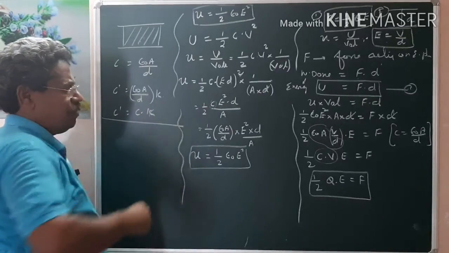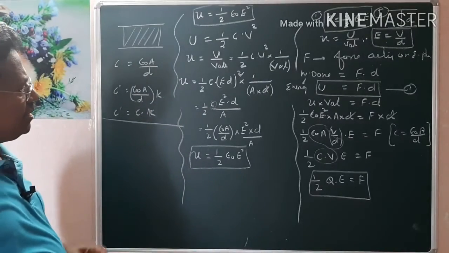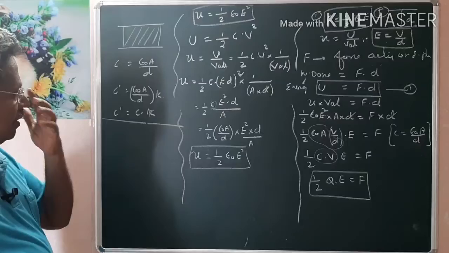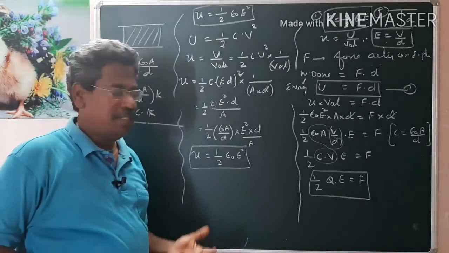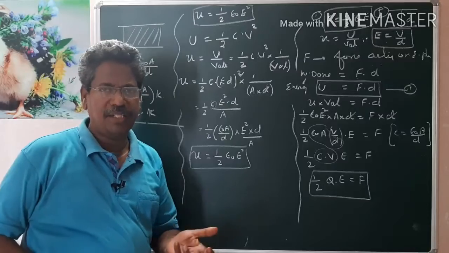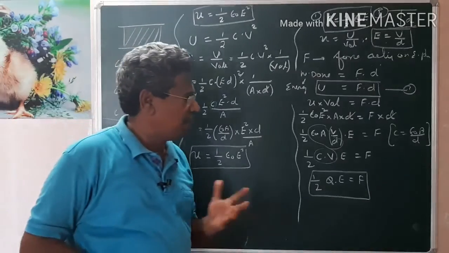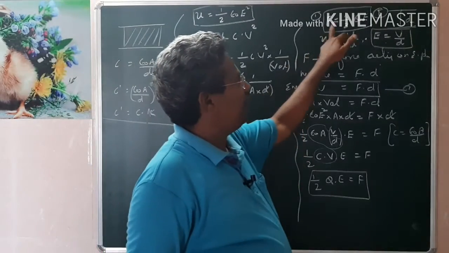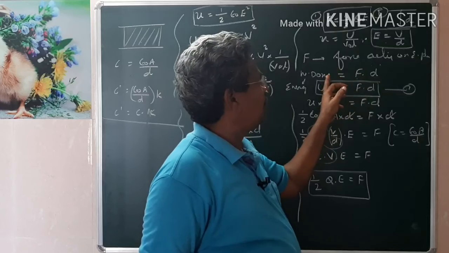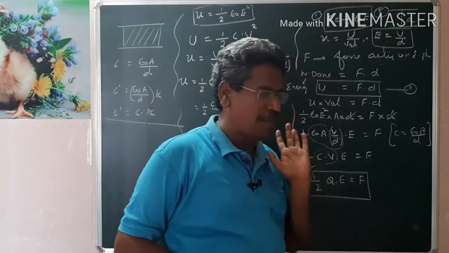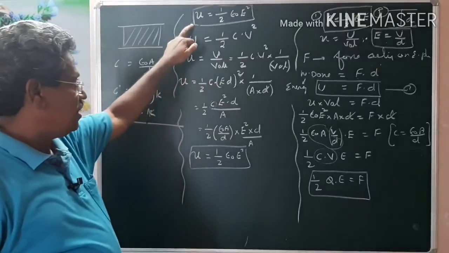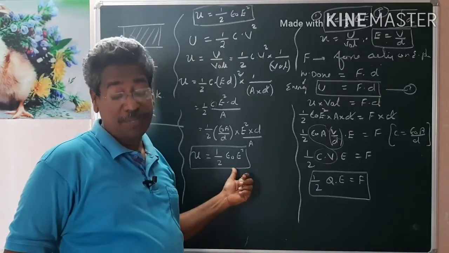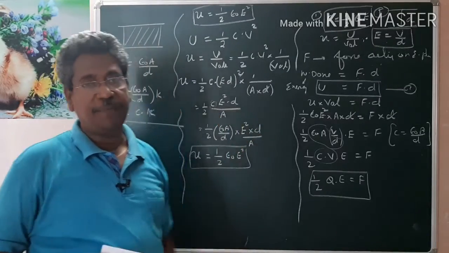Based on this also, you may expect some problems. So in the next session, we are going to solve some problems based on capacitance with air and capacitance filled with the dielectric slab. In this session, I took only 9 to 10 minutes, but I was able to explain the basic concept: the relation between capacitance and energy, and energy density related to the electric field as half epsilon naught E square, where epsilon naught is the permittivity of free space and E is the electric field between the two plates.